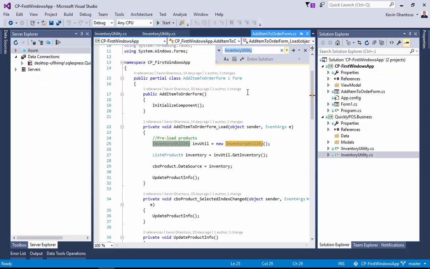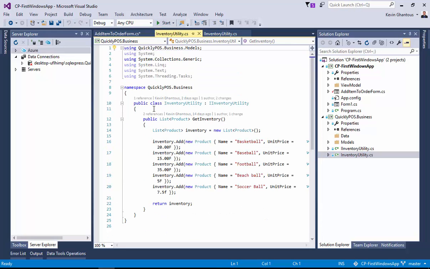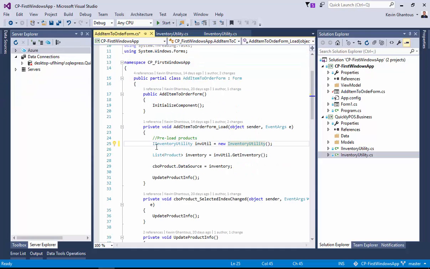Since we already have our first reference right here, we'll change this from inventory utility to iInventory utility. And that's really all we have to do, because right now our inventory utility implements iInventory utility, so everything is just going to work for us. Let's jump back, and you'll see our reference count is now down to 1. We'll click it again and jump to this reference. That reference is actually just referencing the instance. So at this point, we'll set up our dependency injector that will then serve up the appropriate